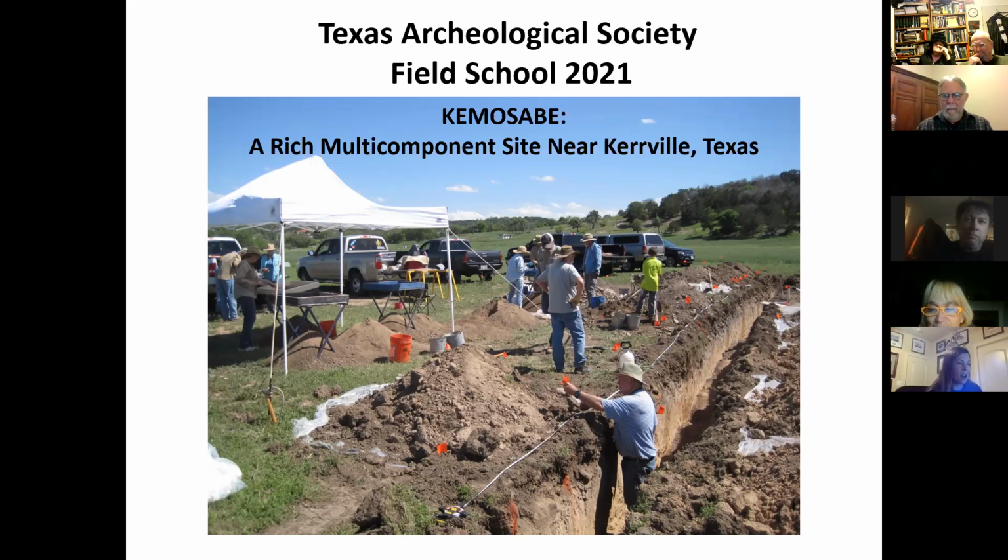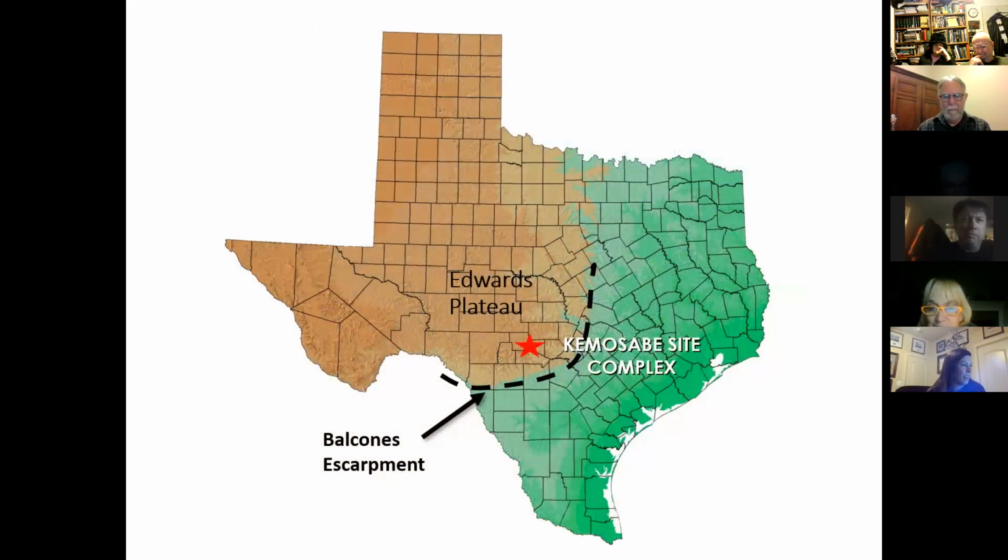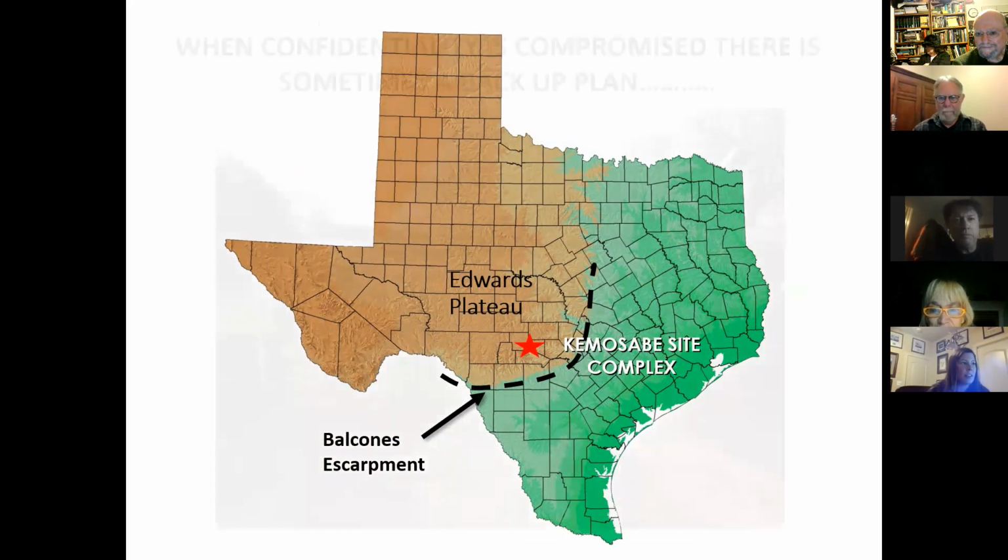This is the rich multi-component site that will be the subject of the 2021 field school for the TAS. Here's its location. And by the way, Eric, pitch in anytime you want to. But I'll just go ahead and introduce this area. Everybody knows where Kerrville is, and that's where we'll be, on a beautiful area on a terrace of the Guadalupe,